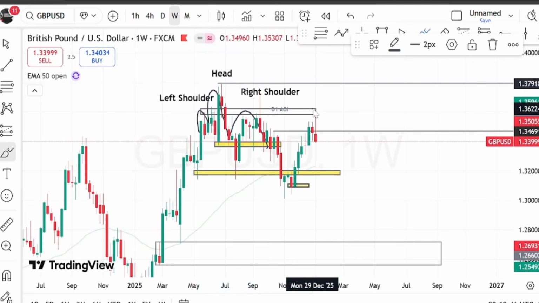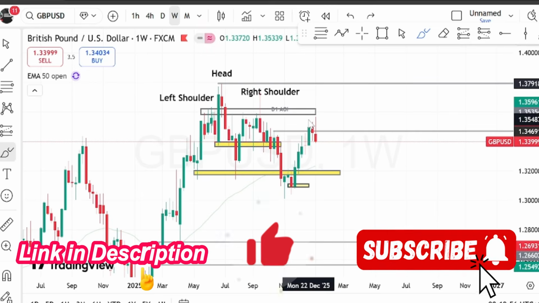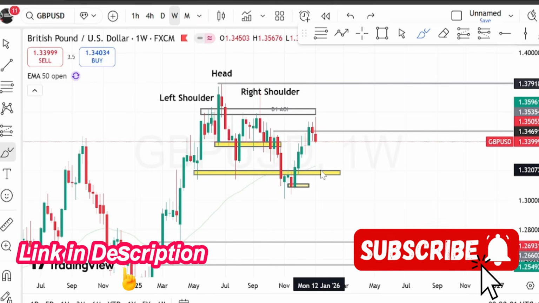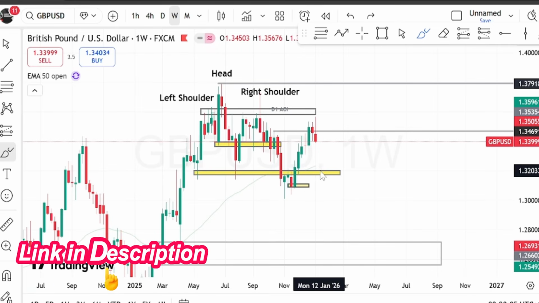Why am I saying so? Because if we look left, you can see this head and shoulders, and this shoulder is where price is still reacting off, and we have had 2 weeks of bearishness from this area. So what could this mean? That price is targeting our next level, which is over 500 to 1,000 pips to the downside, which is the zones of the